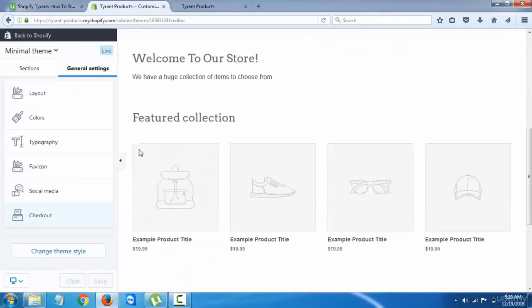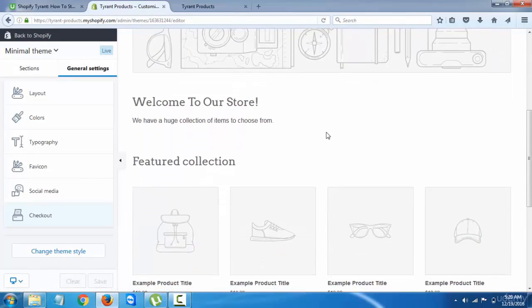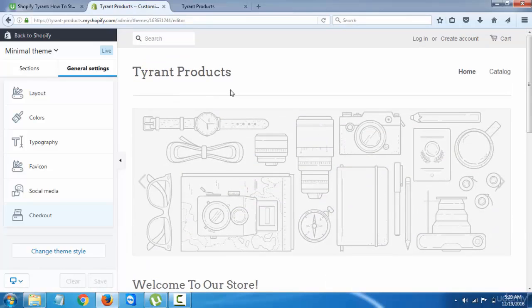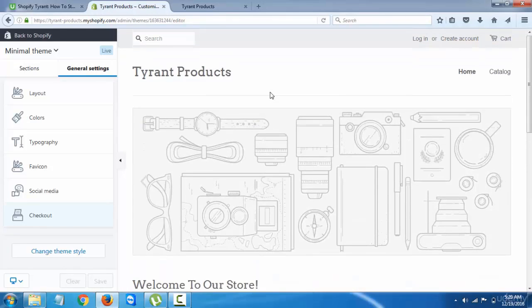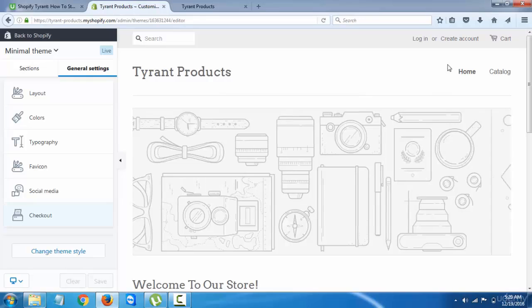All right, that's it for the your store section. I mean, editing your store and editing the theme basically. And then in the next section, I'll show you how to set up your navigation, add the pages you will need. I'll show you what pages to put up